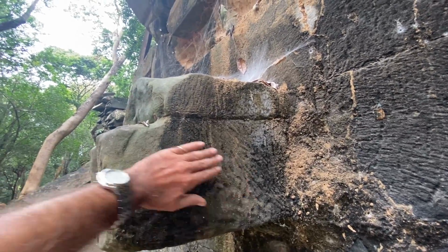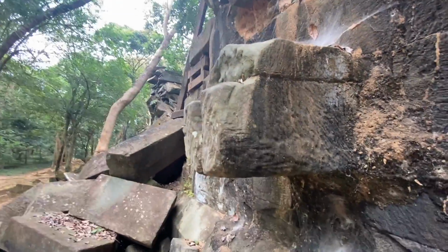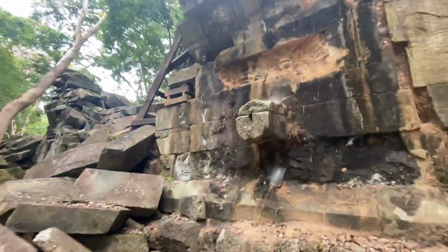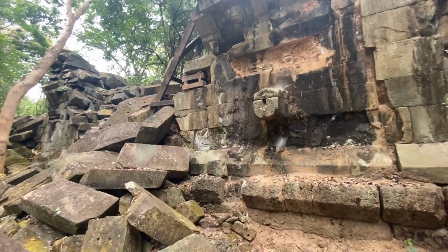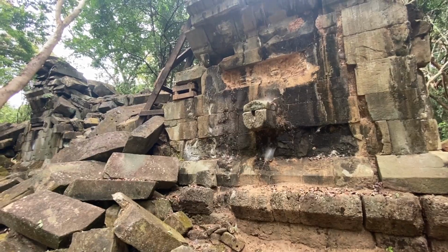And it gives you an idea as to the size. And the water would have come out here. Now, this is on an exterior wall. And I can't imagine for one moment that people didn't gather here. I mean, put a fountain in the middle of a village or a town, doesn't really matter, and people gather